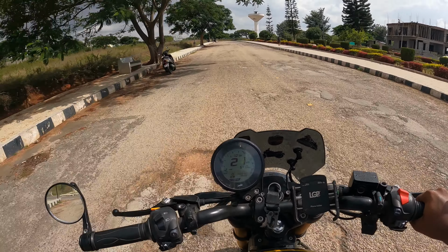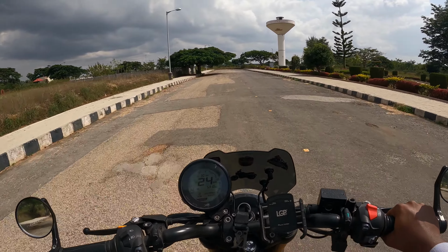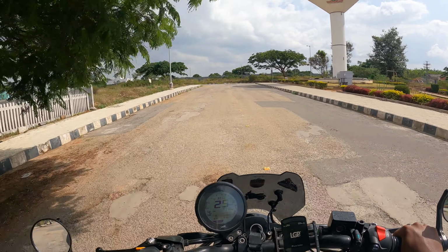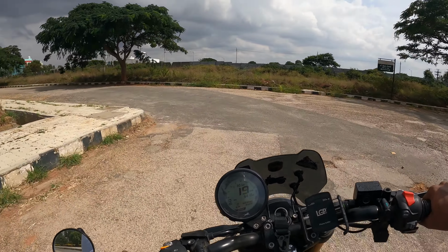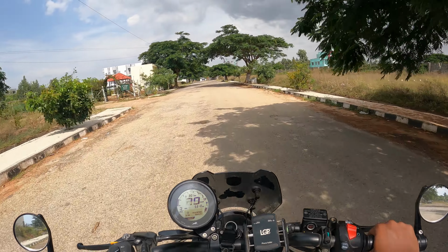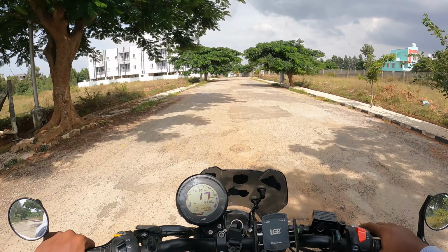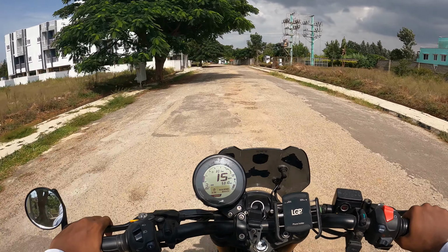See, on fourth gear also at 20 it is able to pick up. So the low end is very good. Picking up from a low end RPM is also really good in this particular vehicle. And I've not done many long rides on these because I mainly use it for the city, but I have done a few long rides, like from Bangalore to Pondicherry, and it has been really good, because mileage wise it is giving me around 45 to 46 on the highways, and in the cities it's giving me around 40 plus, definitely 40 plus. In the cities I don't really calculate much, but yeah, other than that,